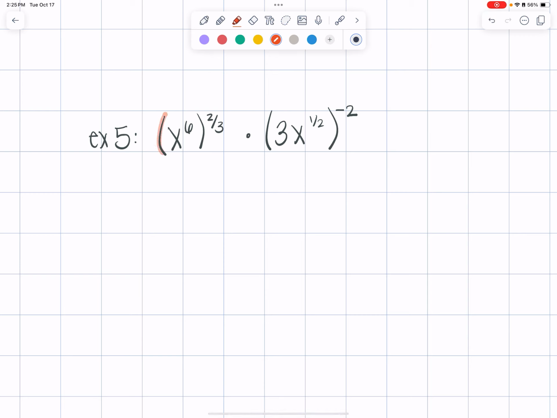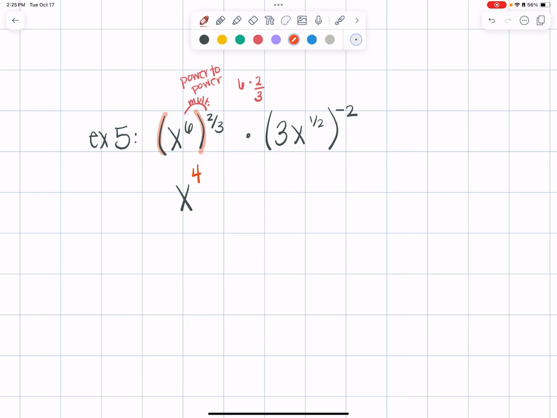So this set of parentheses is actually just a power to a power rule. So I'm going to multiply those. So I've got 6 times 2/3, which is going to give me 4. x to the